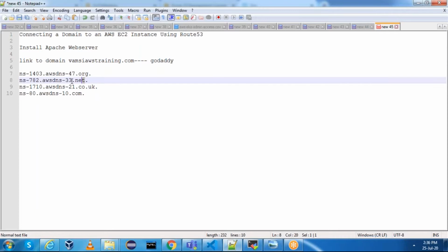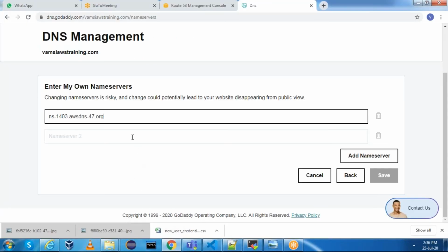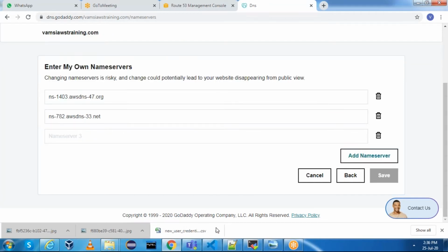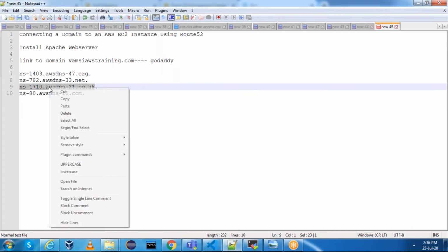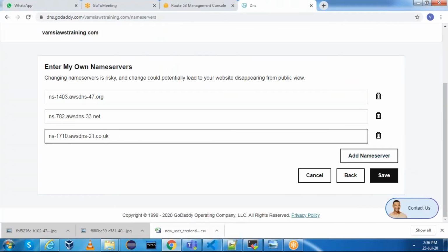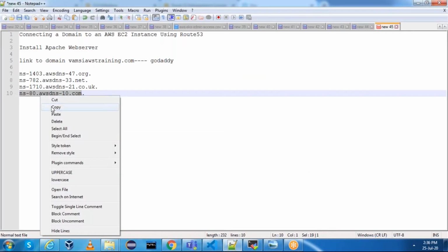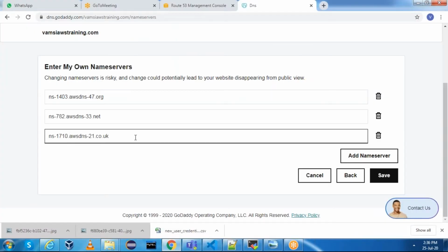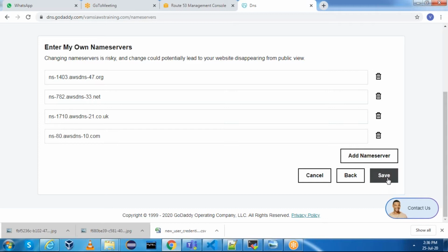And then for .net, this is another name server. Add name server. .co.uk, this is another one. And then .com. Okay, these are the 4 name servers which we got from Route 53. Now click on save.